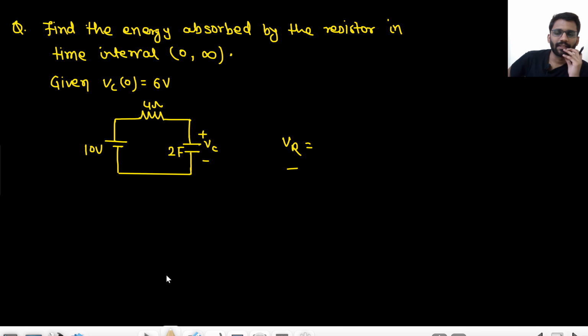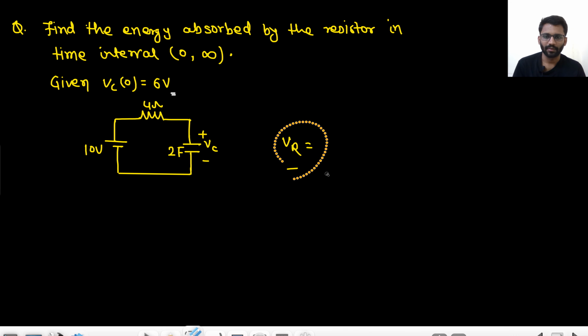Now this is the third question. You have to find the energy absorbed by the resistor in the time interval from 0 to infinity. It is given that the initial capacitor voltage is 6 volt. So the initial capacitor voltage is 6 volt. Let's assume the voltage across the resistor is VR and